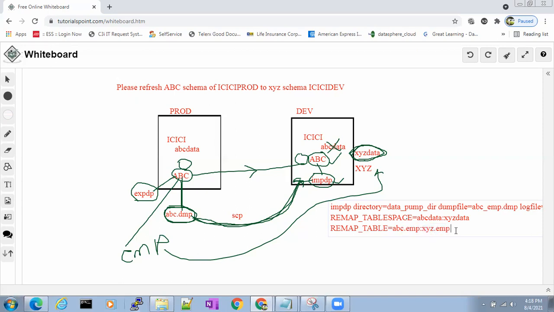Table import will happen without any issues. You are remapping the table. Here the employee table is owned by ABC user, and the same employee table should be owned by XYZ user here. There is no ABC user in this database, for example. There is only XYZ user. So you want to import that into the XYZ user. So use remap_table equal to.